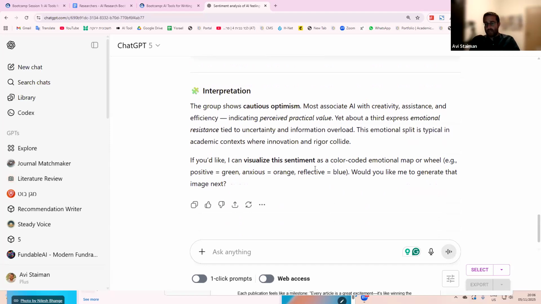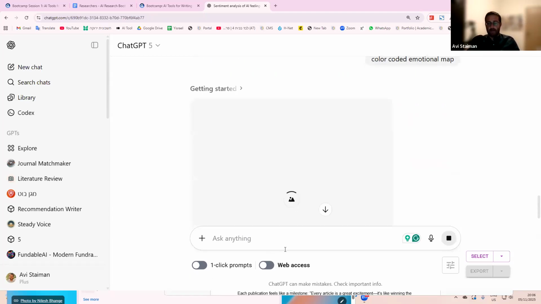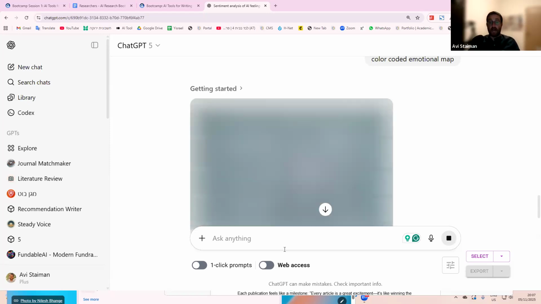And yet again, we could take issue with the way that it has done this breakdown. We could ask it for a more detailed dive into how it went about its process. Maybe we want it to give us a color coded emotional map. Now, what's always interesting about doing this exercise is that we have really various people in the room, and there's a big range of emotions. Some people are very excited and think this is the future, and some people are very nervous, right? Is it going to take our jobs? How do I know if it's lying to me? All those things as well.